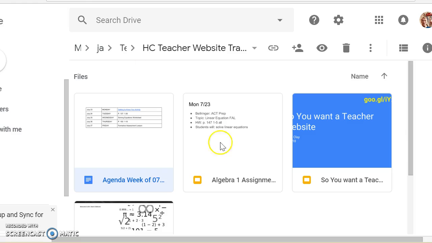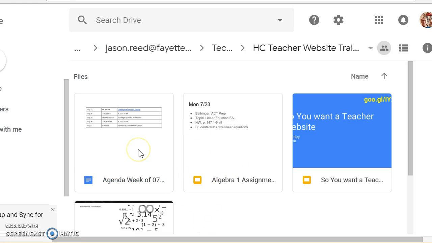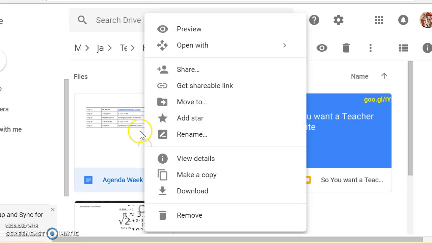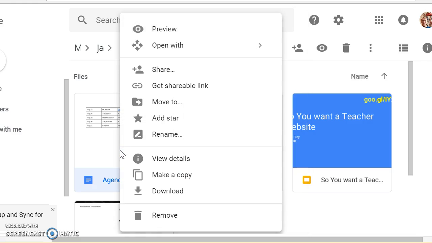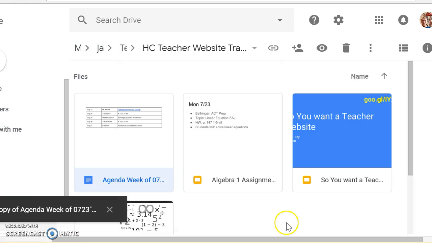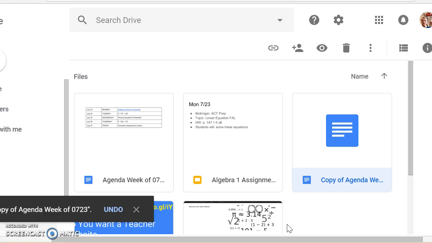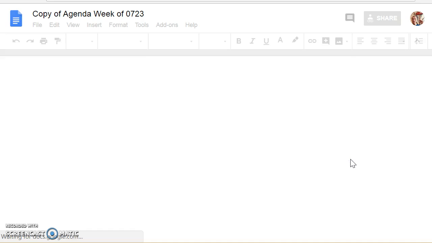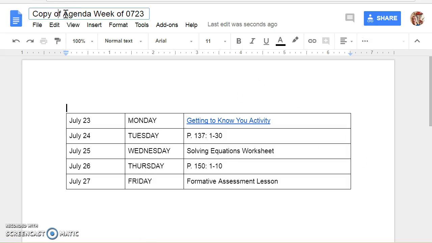Now, once you have an agenda format that you love, what I would say is next week, go back to your shared folder and make a copy of this. I love copy and paste. Don't reinvent the wheel. I'm going to open that copy. Of course, it is a little annoying that you have to make your changes, but